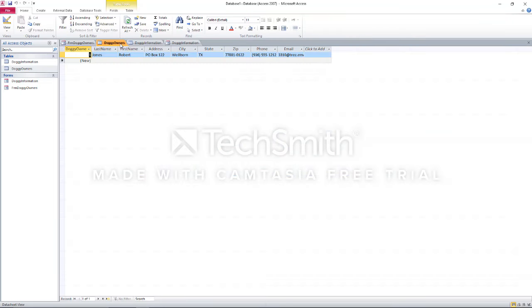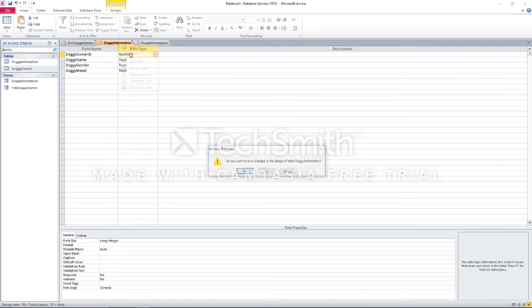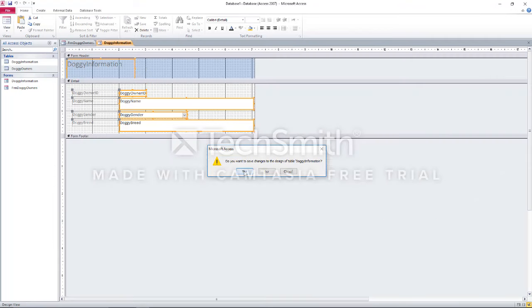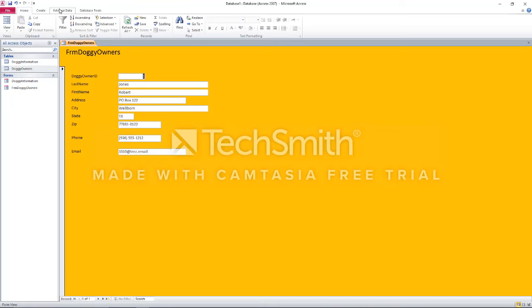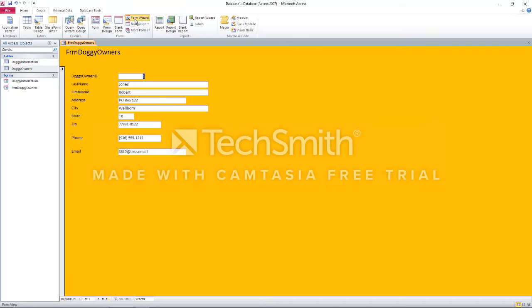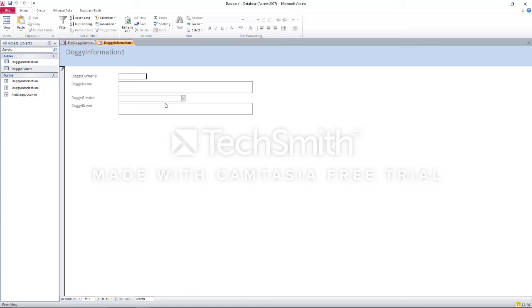I need to close the table though, because if I've got the table open for doggy information, it won't let me edit the form. All right, so doggy owner ID, let me go and recreate the form using the form wizard. We're going to make doggy owners and doggy information, pull everybody over, just say finish. Here we go. If I put in doggy owner ID, now it knows that, and see, here's my pick down list that I did, doggy breed, healer,